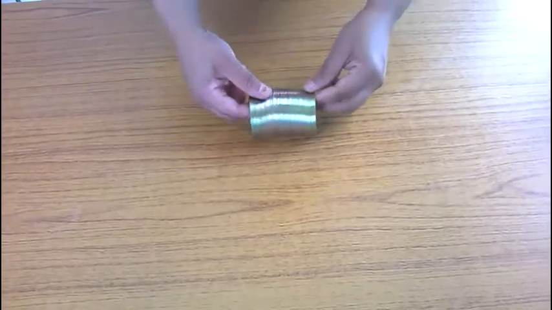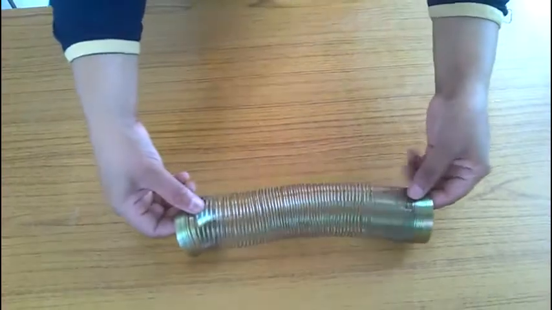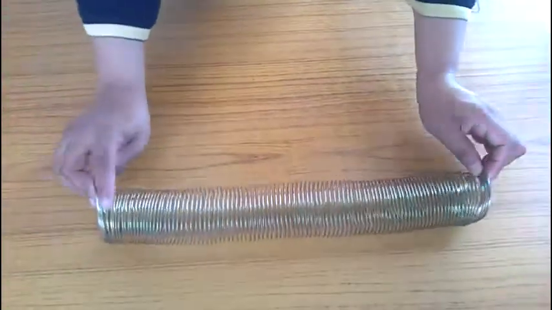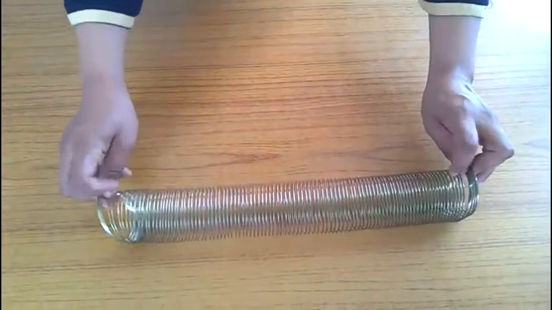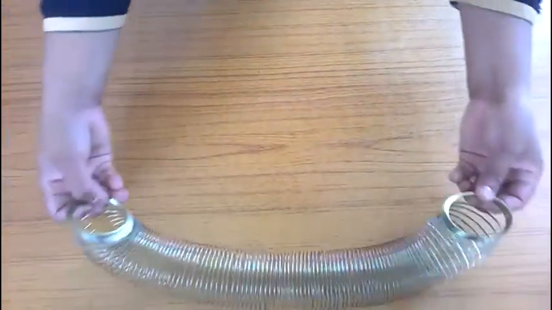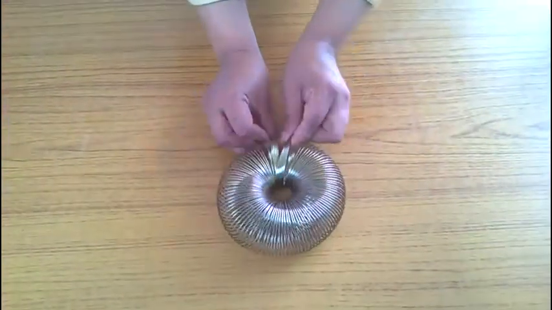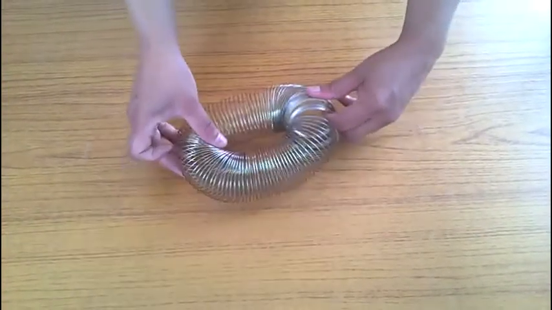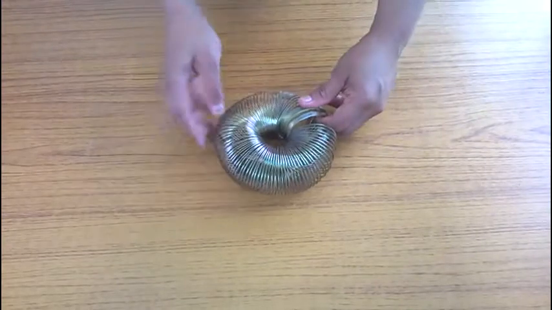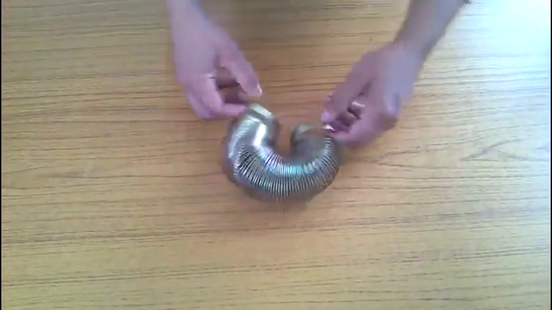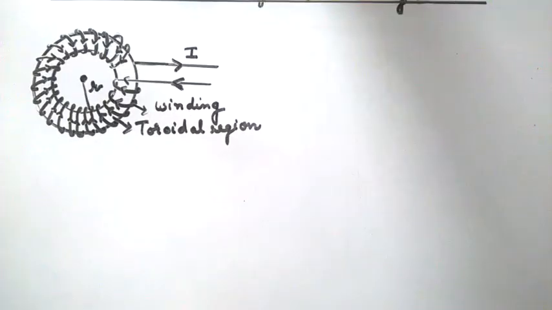We have studied about solenoid, which is made up of a metal wire and turned into number of coils, and these number of turns are very close to each other, and this is a solenoid form. Now if I just turn or join these two ends together, then it will become a toroid. It looks like an inflated tube in which air is filled, and its length is very long as compared to its radius.